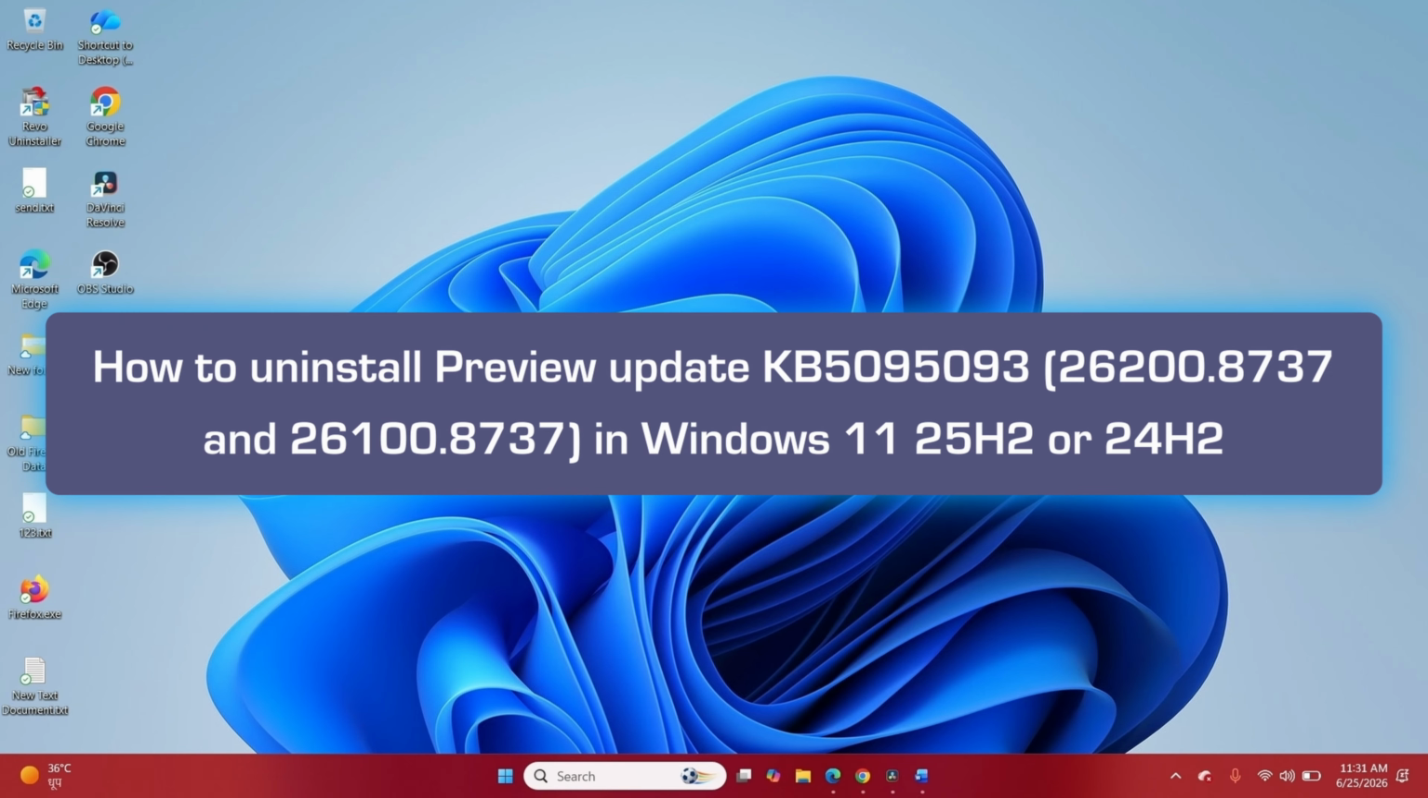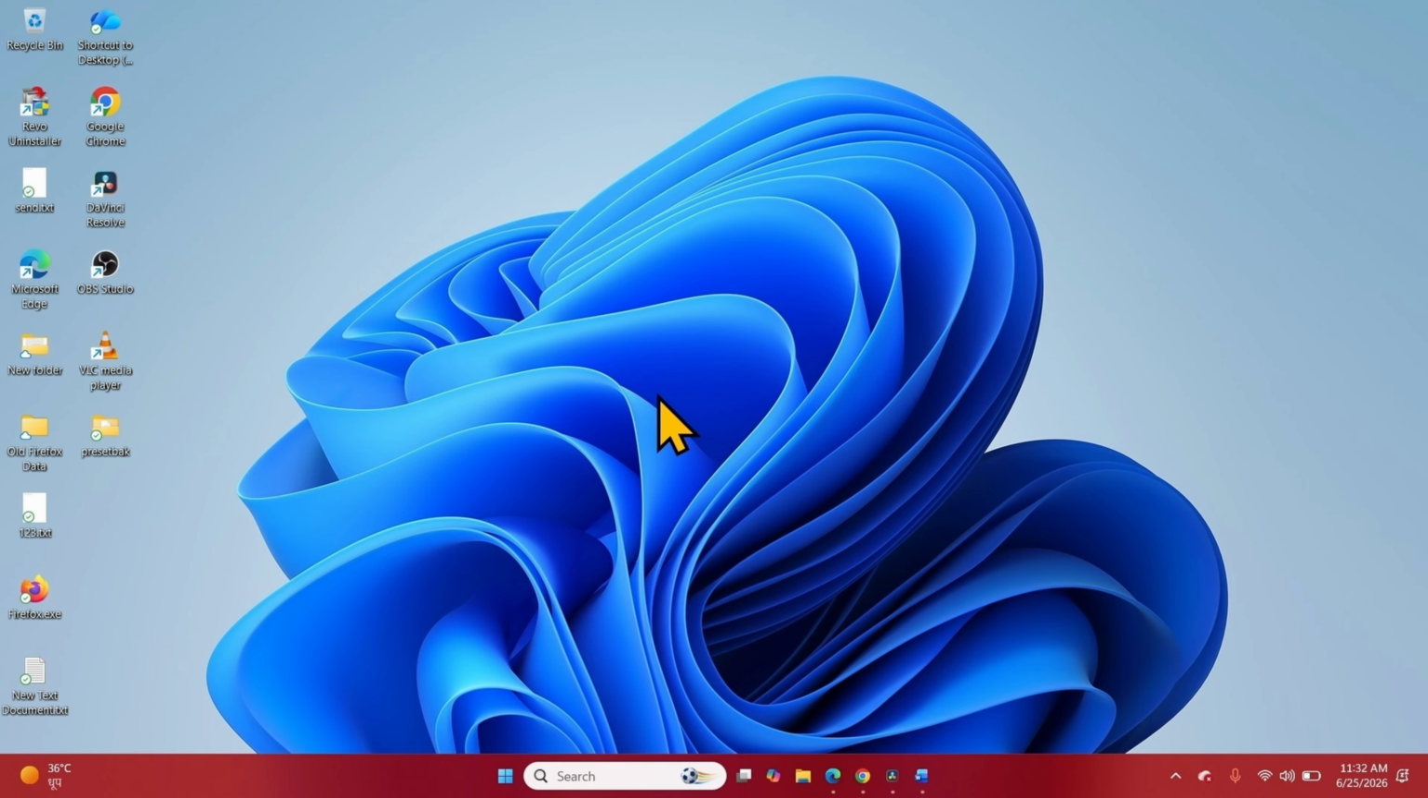How to uninstall preview update KB5095093 in Windows 11 25H2 or 24H2. Hello friends, preview updates are not necessary to install if it creates problems for you. But if you have installed it and encounter any problem, you can uninstall it easily. Follow the steps to uninstall